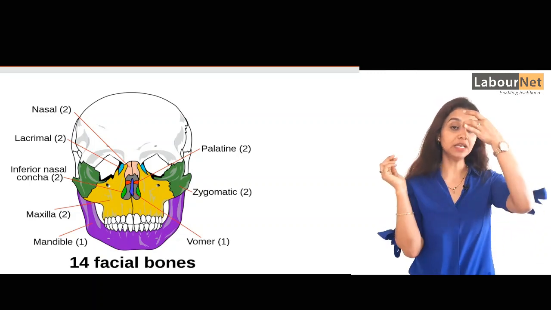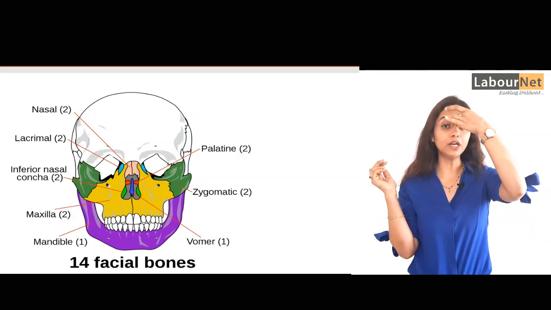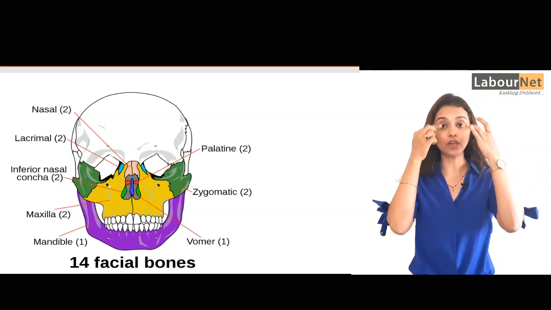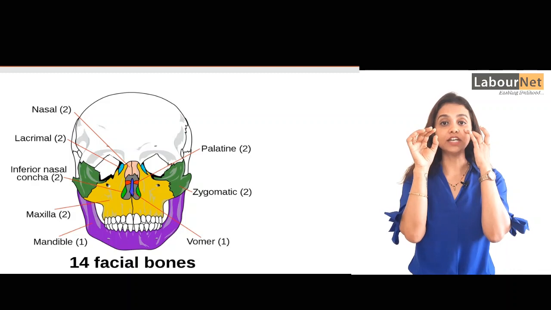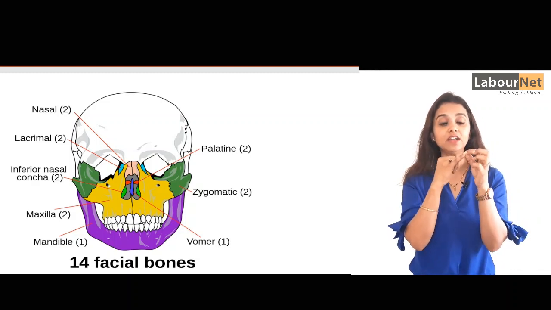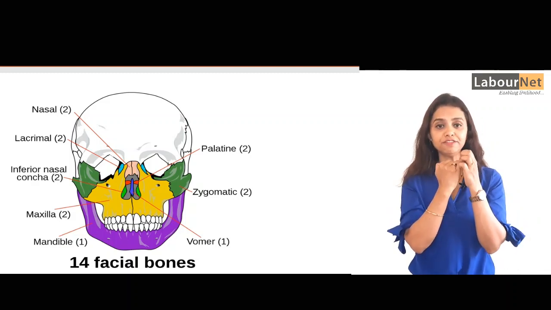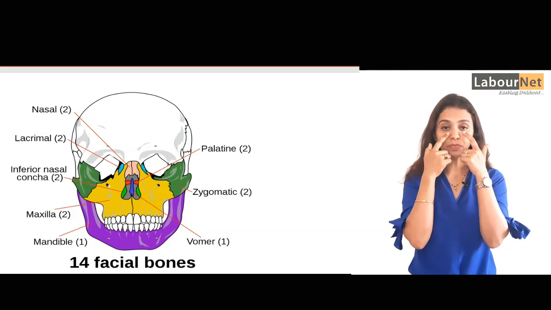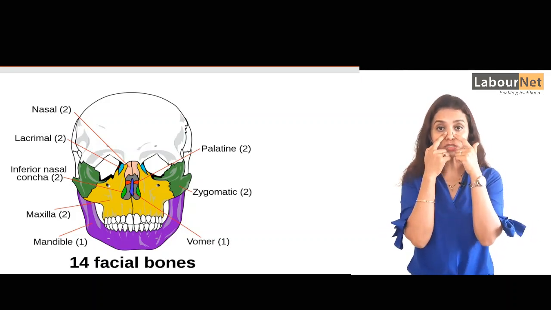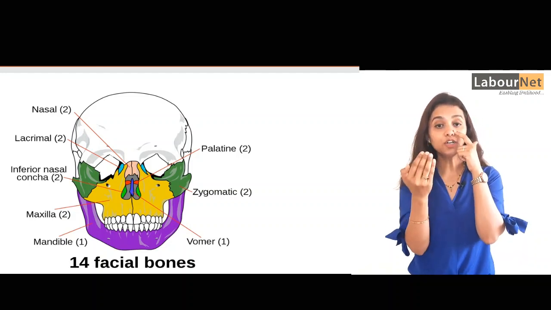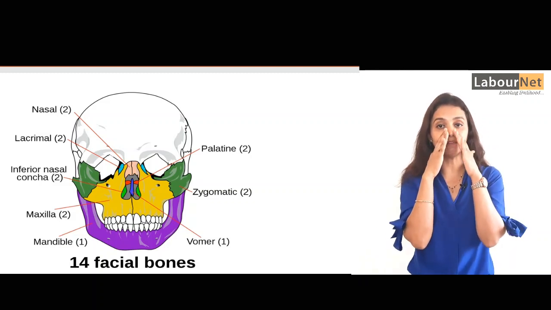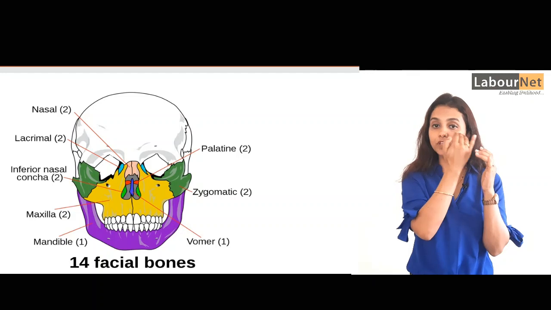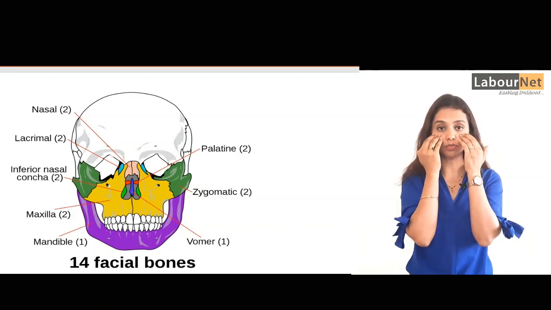Then is your lacrimal. These tiny bones form part of the medial wall of the eye orbit, that is the circular bone. They are about the same size and shape as a fingernail and are the smallest bone in the face. Then is palatine. Palatines, these are 2 bones that form part of the palate, that is roof of your mouth, part of the floor and lateral wall means side walls of the nasal cavity, and part of the floor of the orbit means the circular bone.